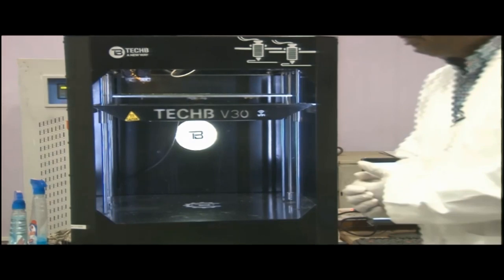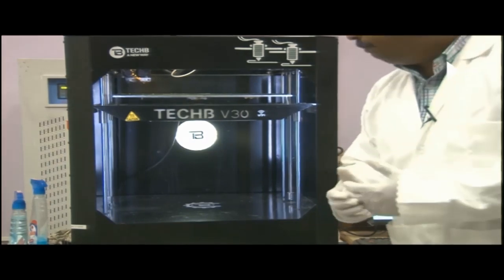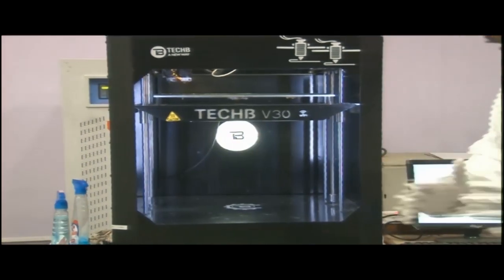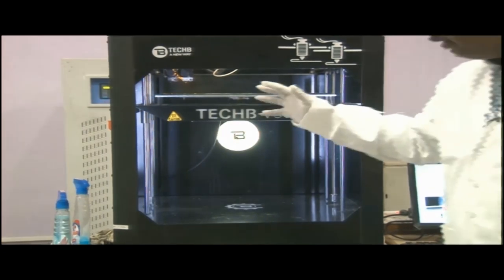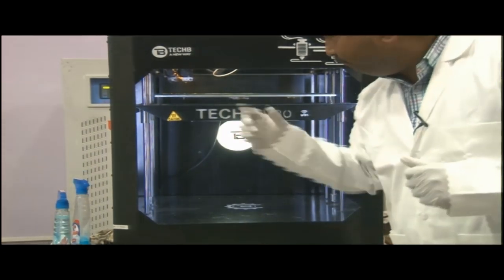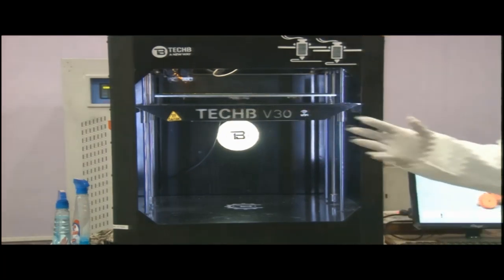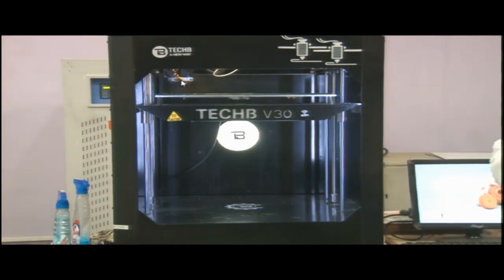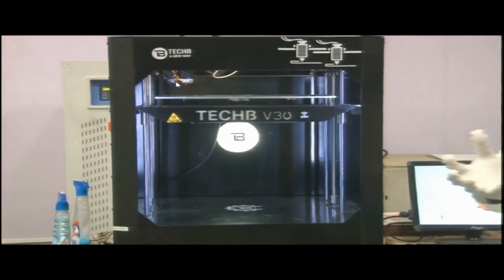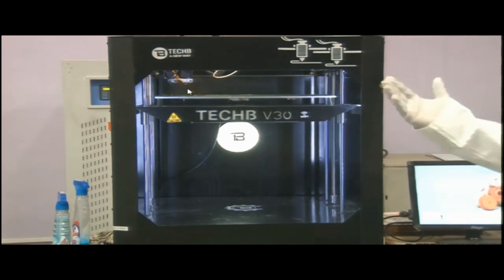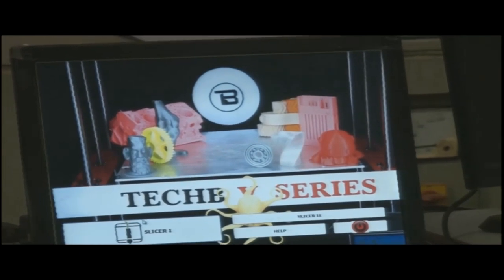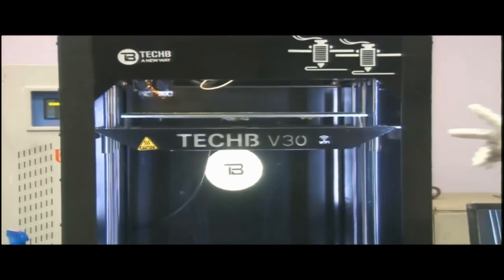Next, with this machine we can manufacture parts with sharp corners, any radius, and profiles with pockets, the profiles which are empty inside or hollow. One more feature of this machine is that we can print two different color models from these two nozzles, nozzle A and nozzle B, like yellow and red. On this computer screen we have a software called Repetier. So we have slicer 1 and slicer 2 here.